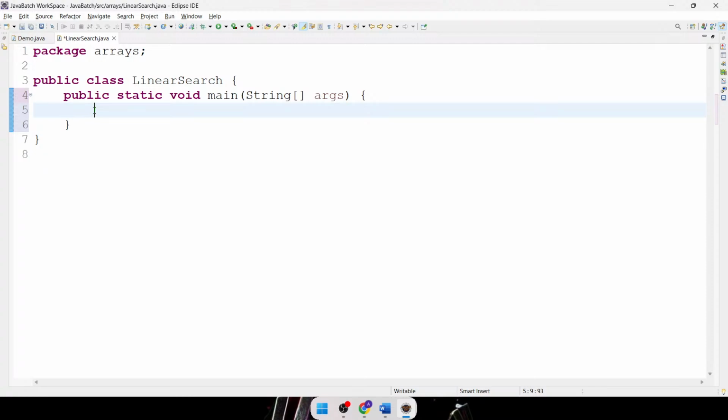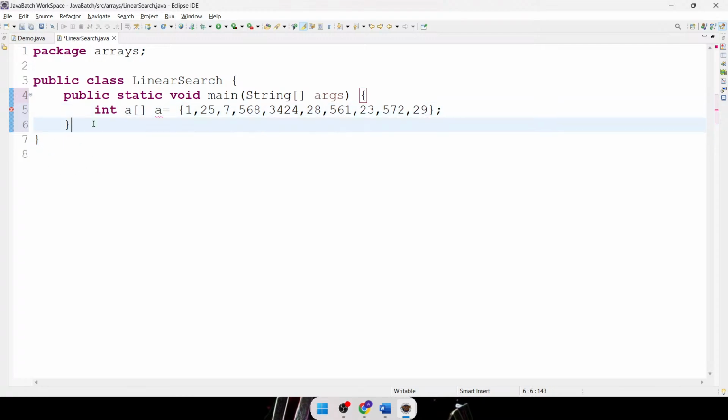Okay, first I will take an array here. Like this I have an array. Now for searching I will write a